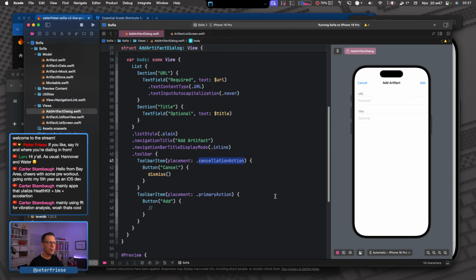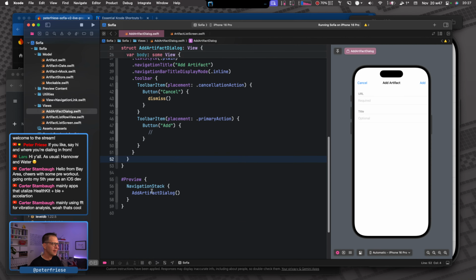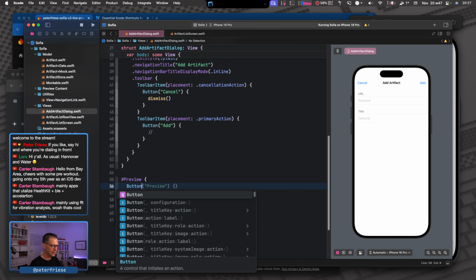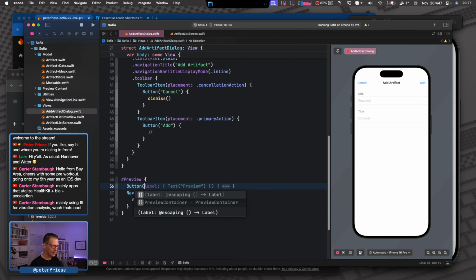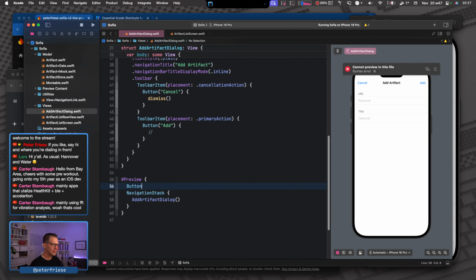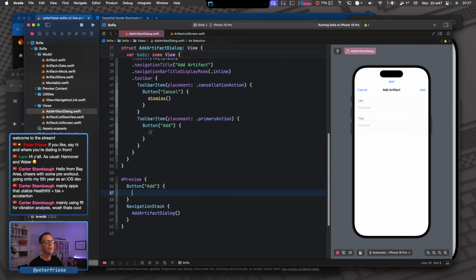Cool. Right. And then there is another thing that I often do. In order to try this out, we can put a button here, so we can try this out because we have full control over the preview, right? So we can do anything that we want. We could even display something that's completely unrelated and throw off our colleagues, which is probably not a good idea. So what I want to do, I want to have this